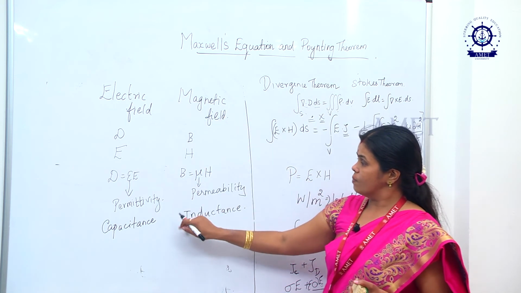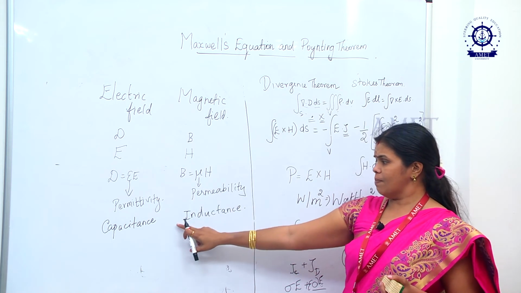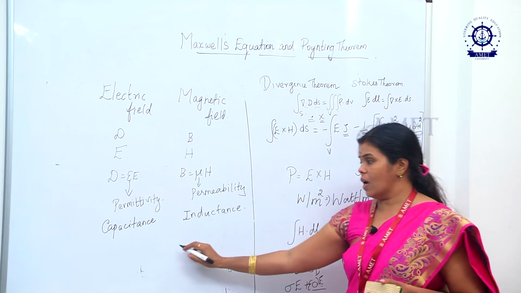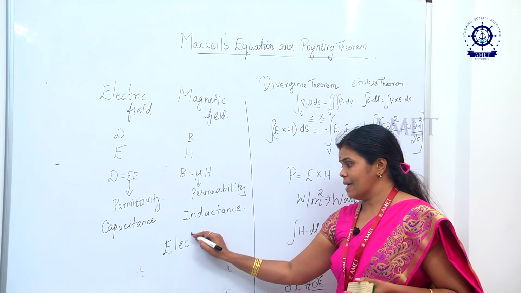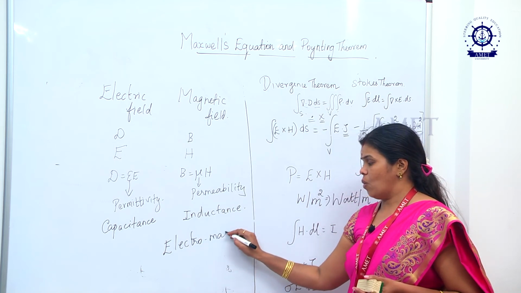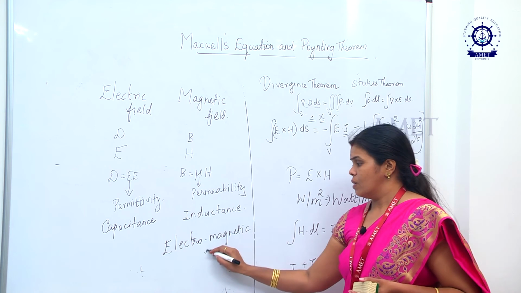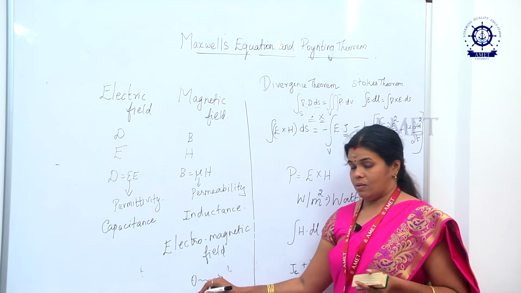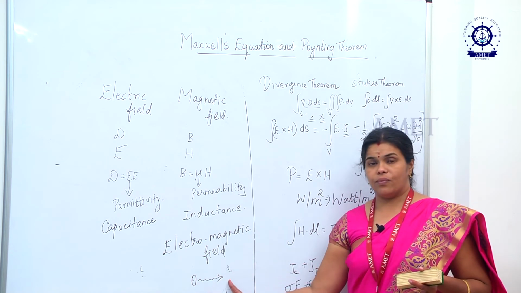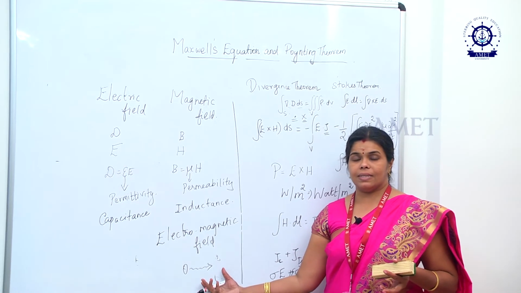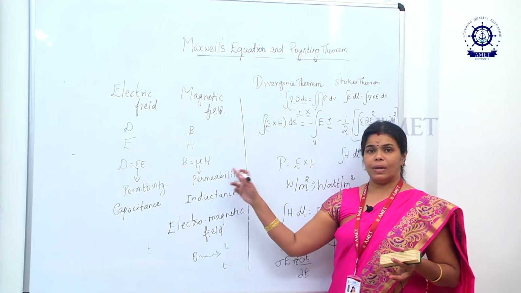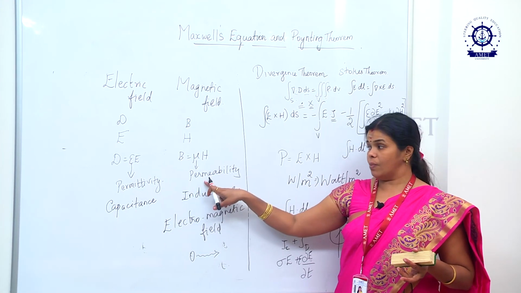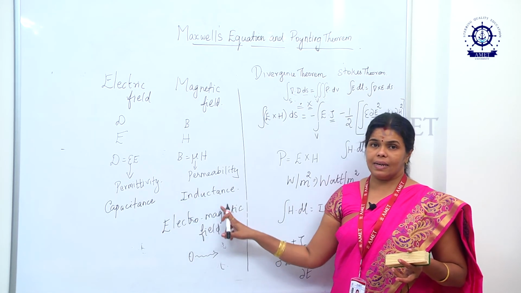Then again here permittivity, permeability, capacitance and inductance. So in the end, what we are calling a wave is the electromagnetic field. So what is the electromagnetic field? A wave is actually radiating. Radiating energy, that is the wave, which has both the electric field as well as the magnetic field. So we have the combined effect of the electric field and the magnetic field. There we have both the permeability as well as the permittivity. Then the capacitance effect is there, the inductance effect is there.